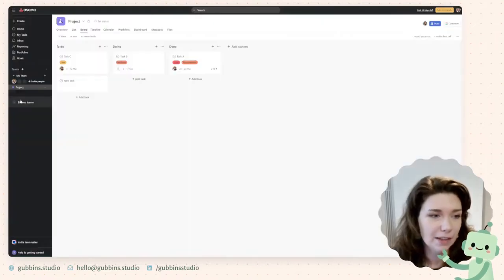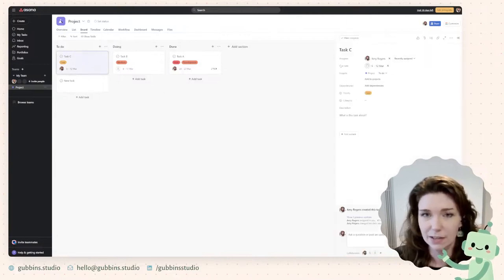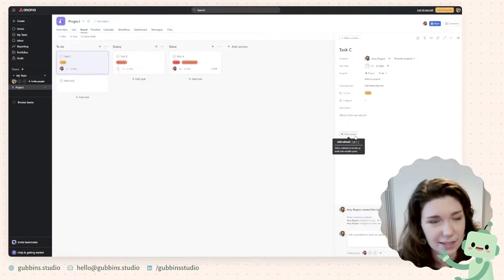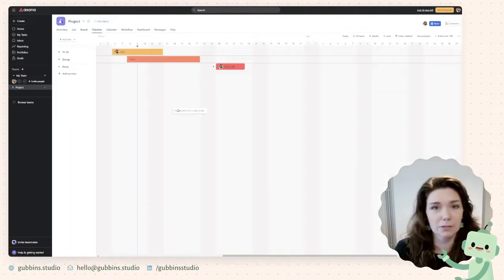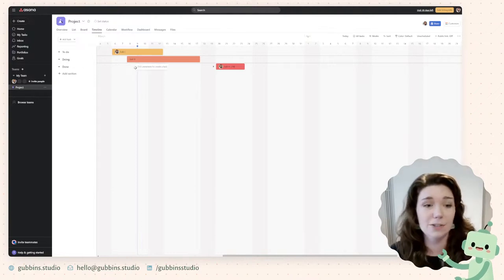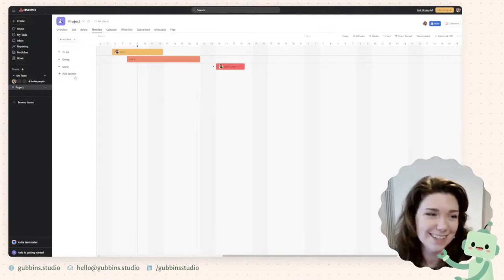With Asana, similar sort of thing. I found it was quite easy to just jump in and make these individual tasks. It's also really easy to add the subtasks underneath and collaborate on them together. Timeline view I find is wonderful, but again, that's just my brain, and you don't have to pay extra for it on Asana, which is very, very nice.